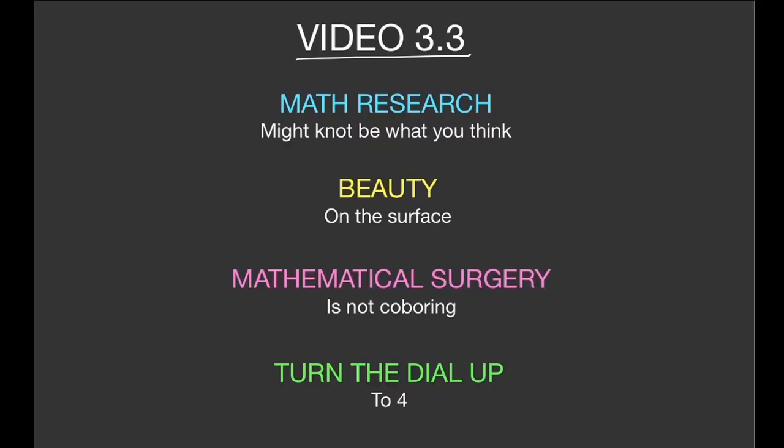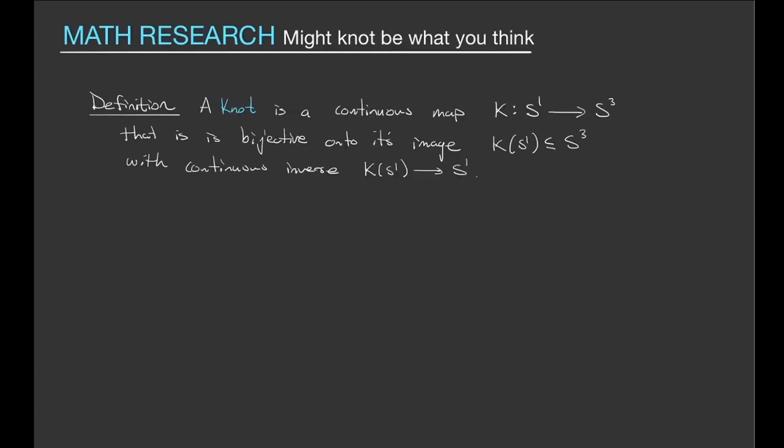In this video, we're going to talk about some slightly more advanced topological concepts, namely concepts that relate to my own research. And of course, I'll be biased, I think it's pretty cool, but hopefully you'll find it cool as well. Let's get started. We say that a knot is a continuous map, often denoted K, from the one sphere,